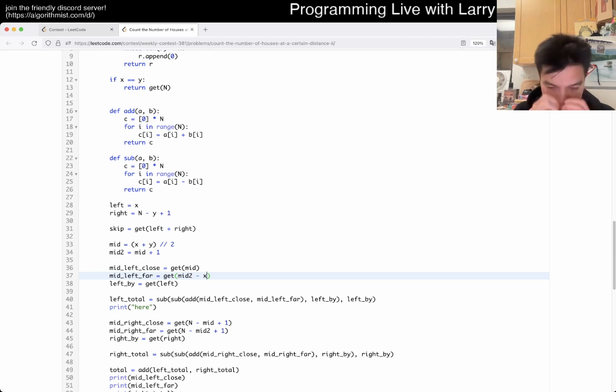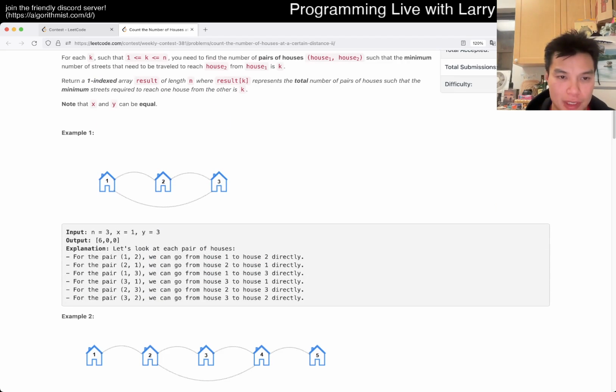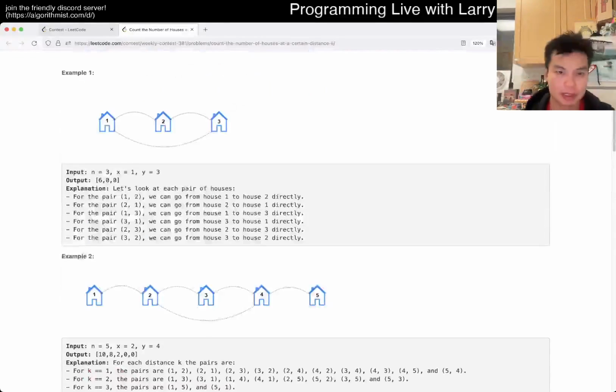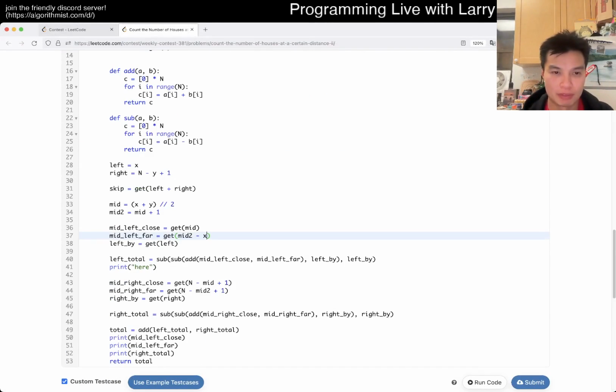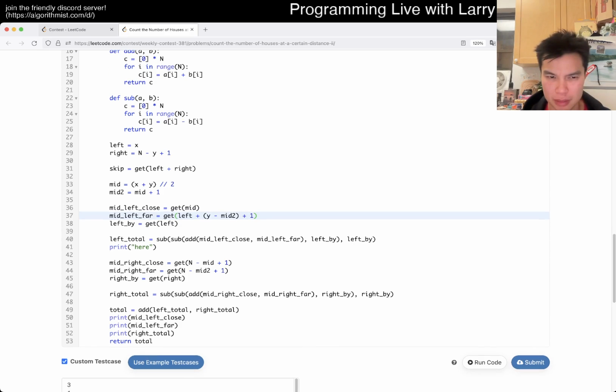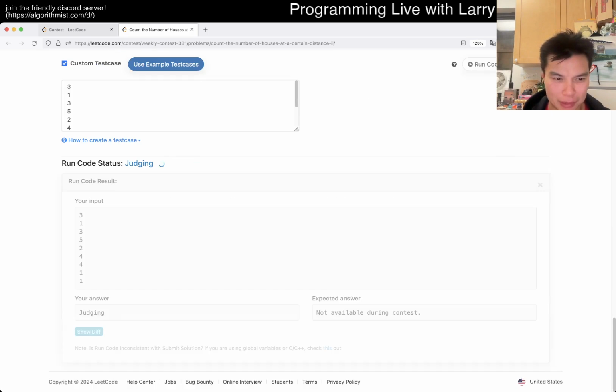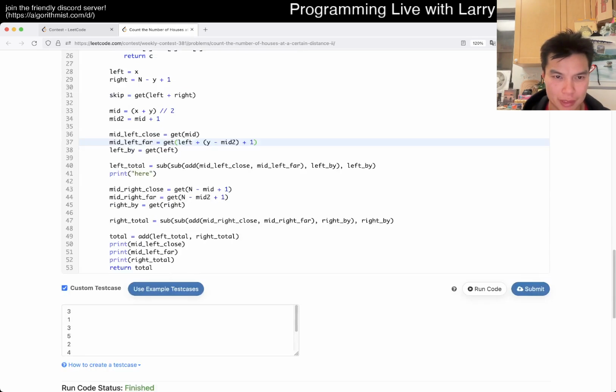Okay, pink. Okay, so this is perfectly equal. Then actually mid 2 will have one fewer element. I mean, it's mid plus 1, but this formula isn't right. It should be left plus the difference between y and mid 2 plus 1, maybe. I'm not sure about the plus 1 part. Okay, and then